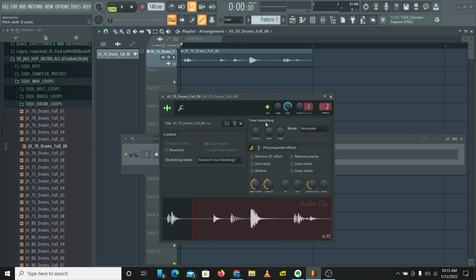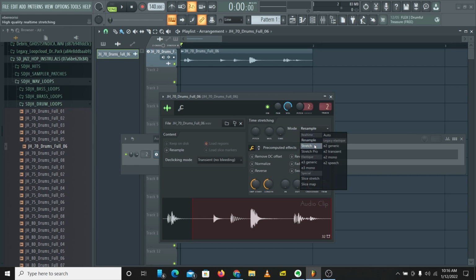So the next tab we want to take a look at is the time stretching tab. And what time stretching does is stretch the time of your sample according to time and pitch. So you can use this to manipulate the time and pitch of your sample. So we have just 4 main modes you are going to be using: resample, stretch, stretch pro, and auto. So these are the 4 modes I want you to stick to. There are other modes, but these are the 4 modes you are going to be using the most.